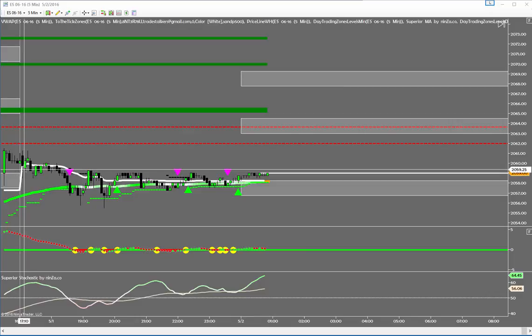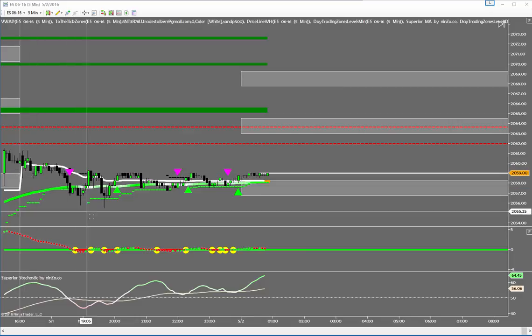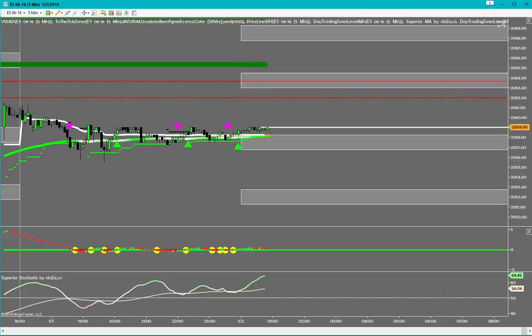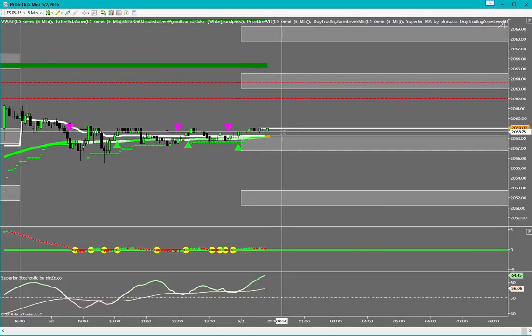It looks like we had it open at 2060.75, and we kind of pulled down to the 2055. Not sure if that's the overnight low or not this morning. We'll go through the numbers and see what's going on today. If it continues to here and maintains this level, stays above this zone and crosses back above, we'll look for